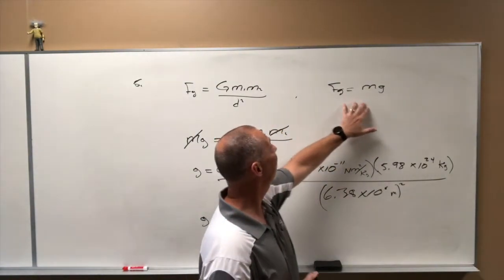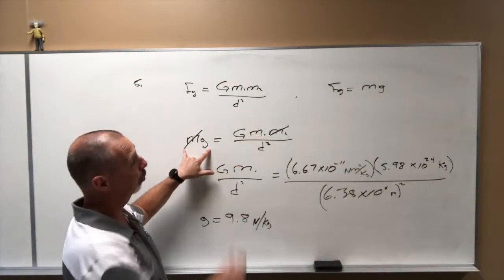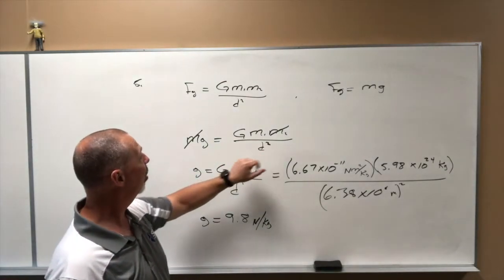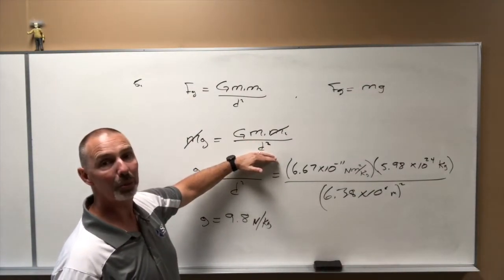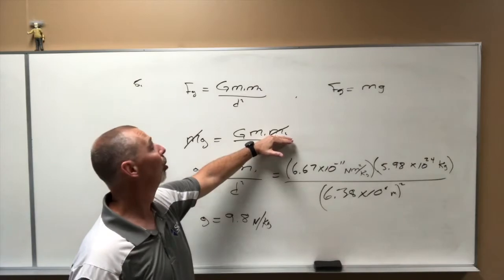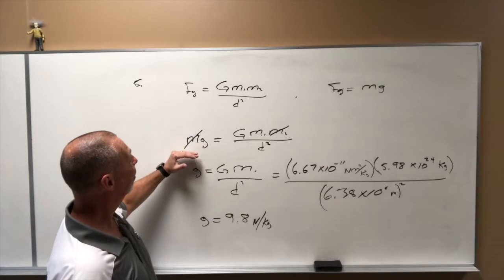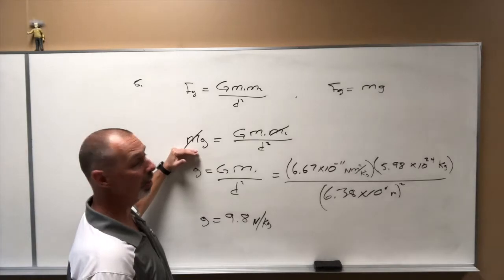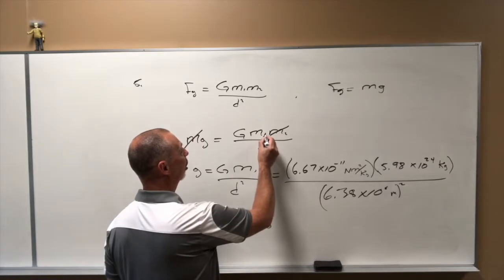All right, so if I make these equal to each other, right? So mg, the force of gravity as we previously have seen it, equaling the universal gravitational law, right? Now what we have to realize here is that this is the force of gravity between two objects. So one of them is the Earth and one of them is us. Over here, this force of gravity is the force of gravity on us, which means the mass m, one of these masses, is the same. This mass is the same as one of these masses, and the other mass would be the mass of the